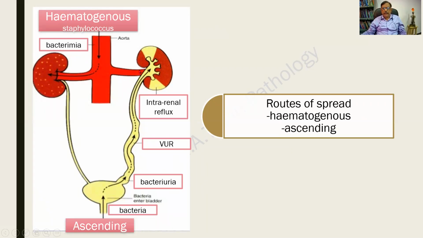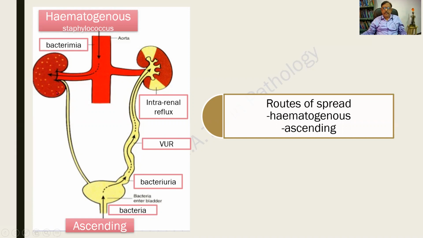This diagram is of great importance and it is worth spending some time with it. As mentioned earlier, there are two modes of spread of infection. One is a hematogenous spread, another is an ascending spread. Hematogenous is from the blood. A focus of infection from elsewhere, such as a dental abscess, an osteomyelitis, infective endocarditis, etc., can lead to the spread of infection to the kidneys via the blood. The common organisms are the staphylococcus and the streptococcus. And this will be the different